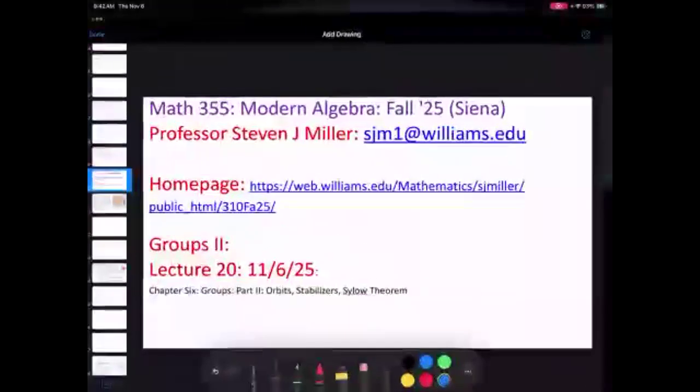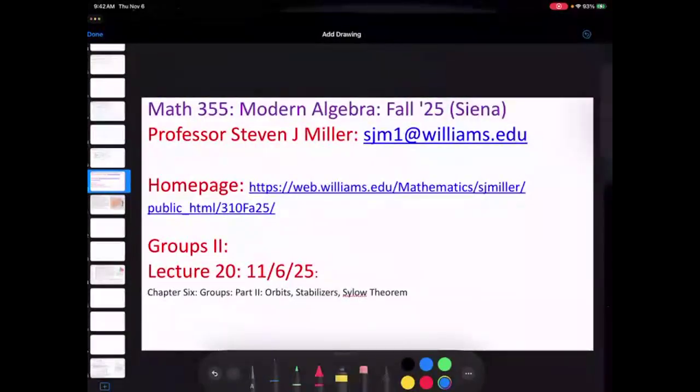Okay, so welcome to Math 310, Introduction to Modern Algebra. This is lecture 20. So we're going to continue discussing orbits. We'll discuss stabilizers again, and then we'll get to some of the Sylow theorems. And these are absolutely wonderful in terms of getting a sense of what possible group structures there can be for